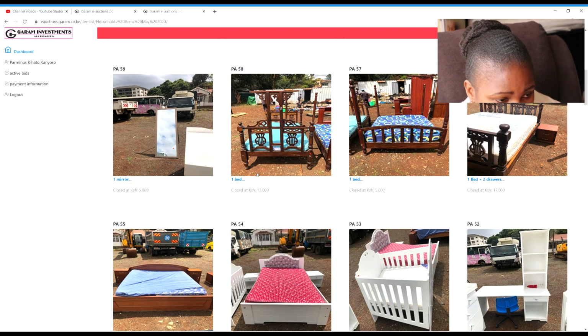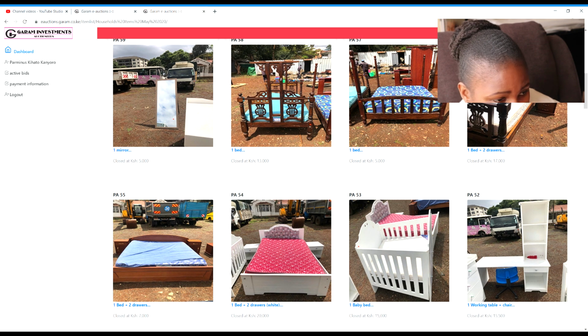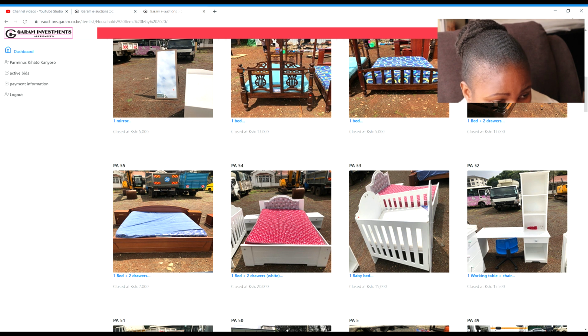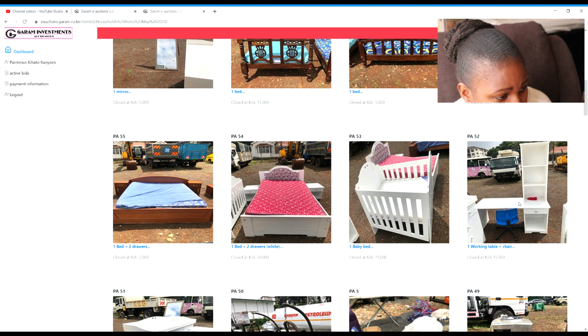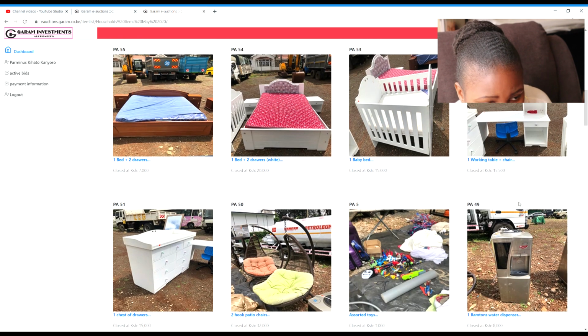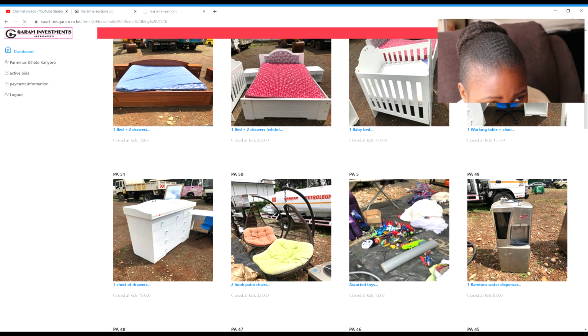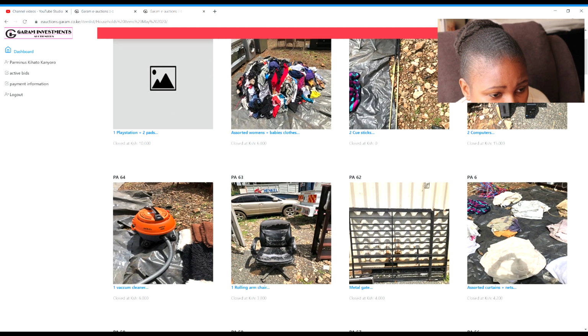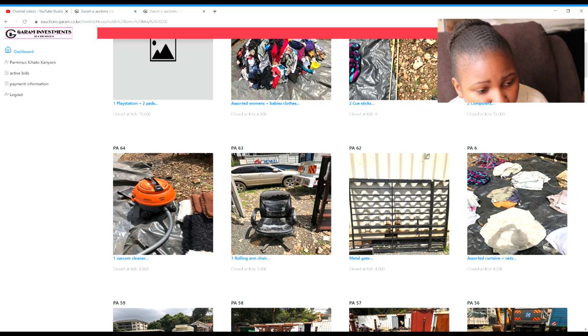So you can see for the assorted trays, no one is interested. For the dining table, no one has placed their bids still. The hoverboard is at 1,200. And then the lampshades, no one has placed their bids. So go on and look at the items that you're interested in, and I would like to place my bid